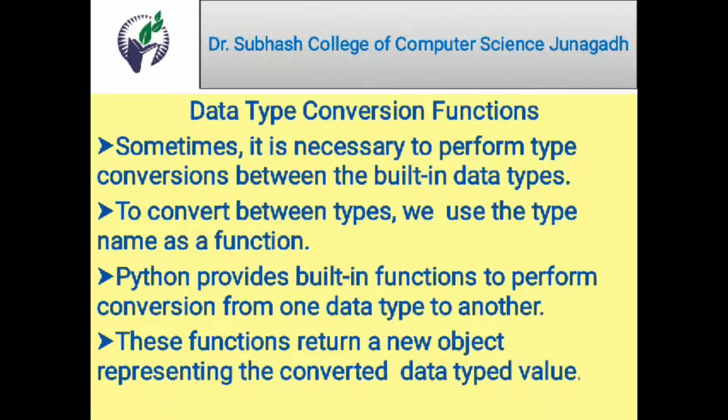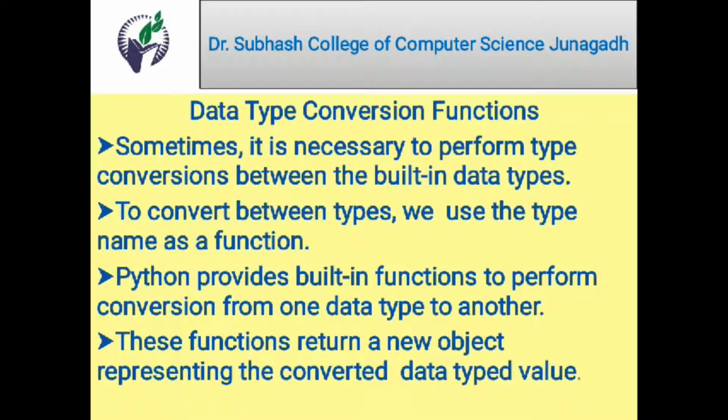If I want to convert to long, I use long. If I want to convert to float, I use float. Whatever the data type is, the function with the same name is associated with it